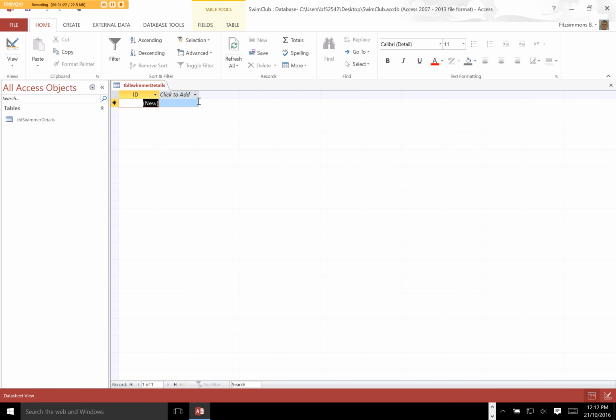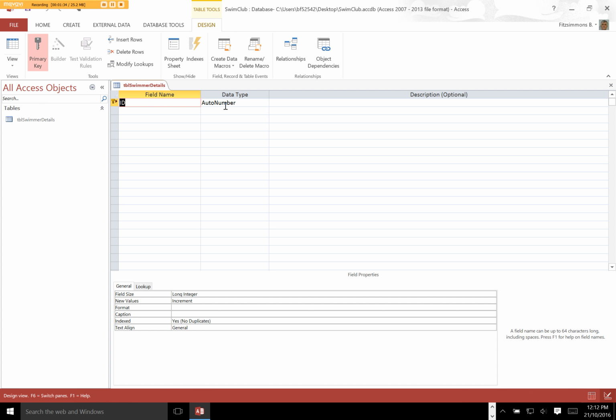There's the data sheet that gives you an Excel spreadsheet-like view. At the moment we've only got one field in there, which is an ID. All tables have to have an ID as a minimum. And if we click to the design view, we can see it there. And we can change the field name. In fact, we'll do that now. We'll call it Swimmer